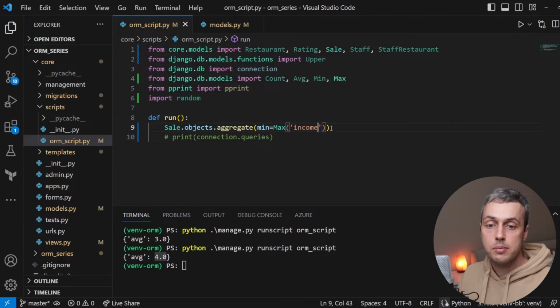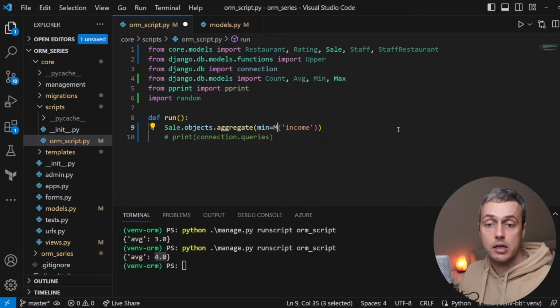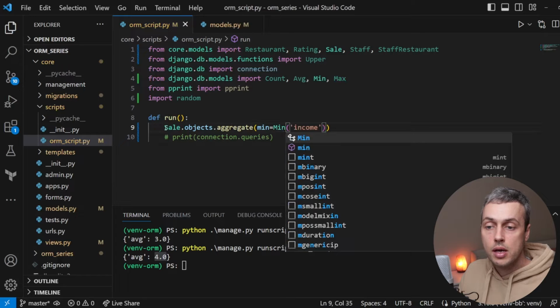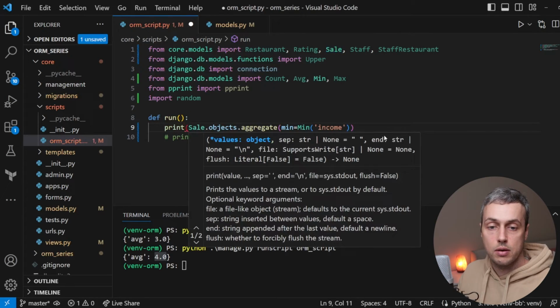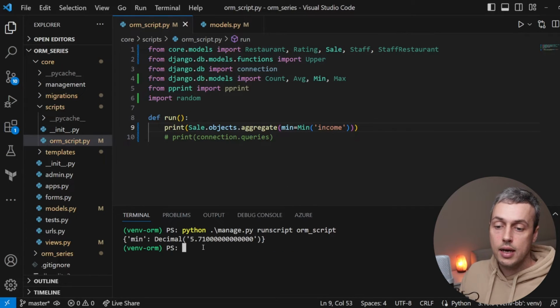So let's go back to the script, and what we're doing here is we're aggregating and we're getting the minimum value of the income here. Now you'll notice I've put minimum, but we've actually used the maximum aggregation function, so let's change that to minimum, and what we're going to do is print out the results here. So let's execute the script at the bottom, and you can see the minimum sale made in this particular table